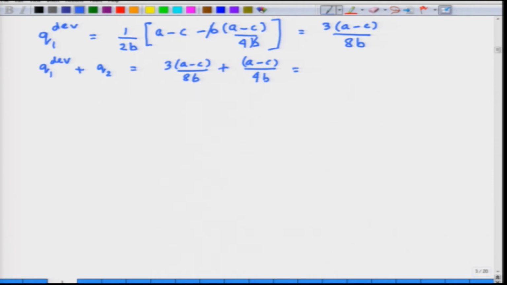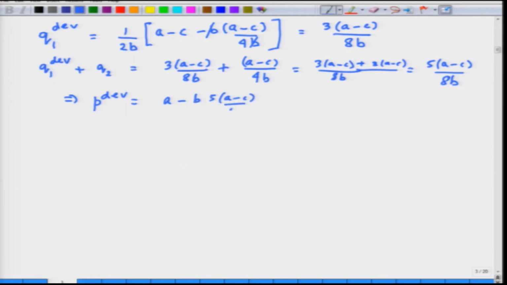This adds up to, so let us ask what this would be. So, if I have an 8B here, so that will be 3 times (A minus C) plus 2 times (A minus C). So, that will be 5 times (A minus C) by 8B. So, this would be the total output, which means that the deviation price, which is given by the inverse demand curve A minus B times (Q1 plus Q2), which is 5 times (A minus C) by 8B, that turns out to be (3A plus 5C) divided by 8,